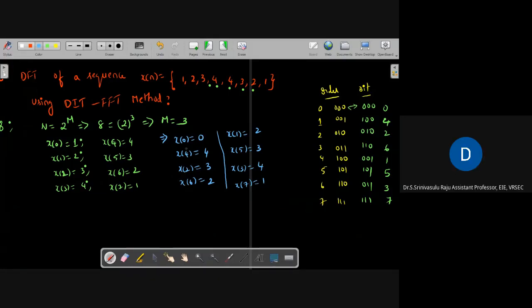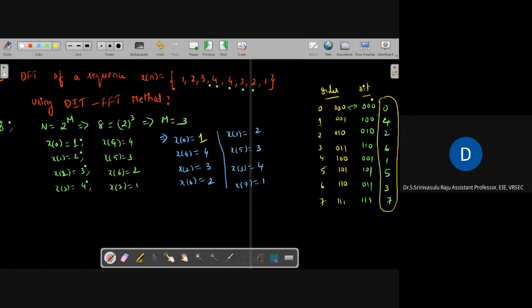Okay, ma. You see here, this is the order we have to follow. We have to follow this order while passing the elements. Okay, this 0, 4, 2, 6, 1, 5, 3, 7 represents the position of the sequence. So first is x of 0. What is the element of x of 0 in the given sequence? Sorry, I have written 0. It's 1. X of 0 value is 1.